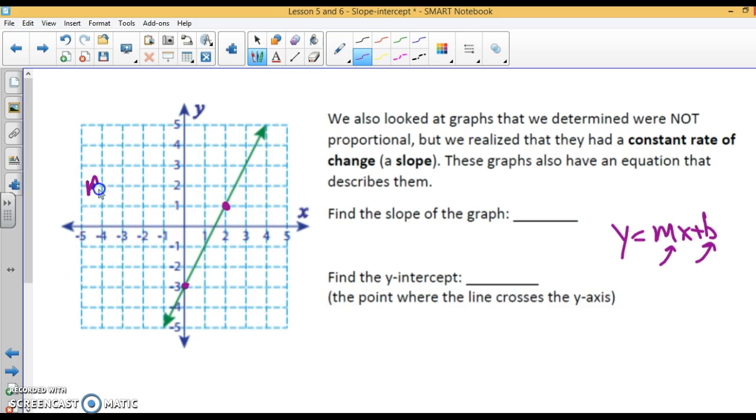Slope is rise over run. So I'm going to start here. Rise. 1, 2, 3, 4. I'm running 1, 2. So my slope is 2 over 1 or 2. Slope is 2. And again, look, that line is going